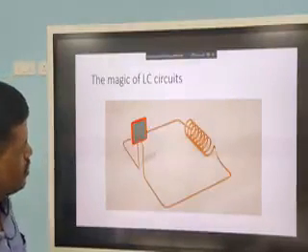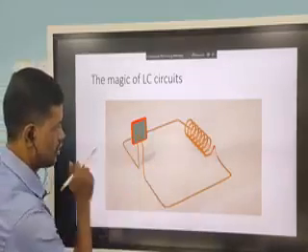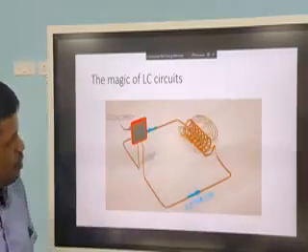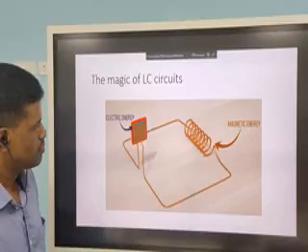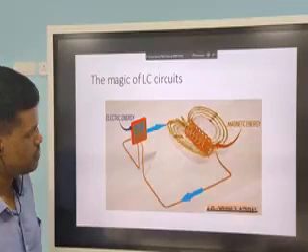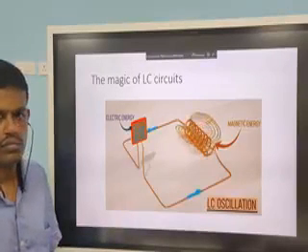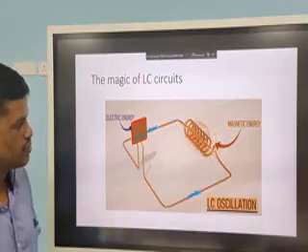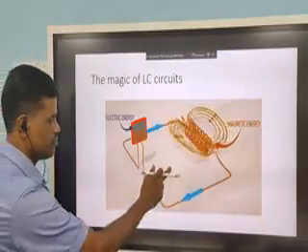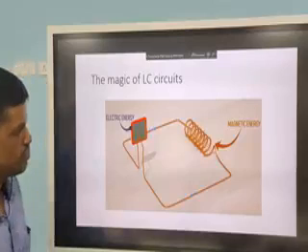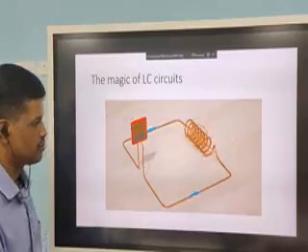Now you see the magic of LC circuits. What happens in an LC circuit? If you connect a charged capacitor across an inductor, you will see a beautiful energy exchange take place between the two elements. These energy oscillations look as if the capacitor is saying, you take the energy, and the inductor then says, no, you take my energy. Why don't any of these elements store the energy and become settled? Let's have a look at the interesting physics behind these oscillations and some of the applications.